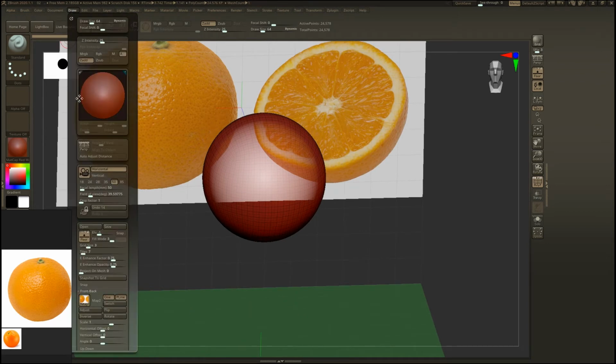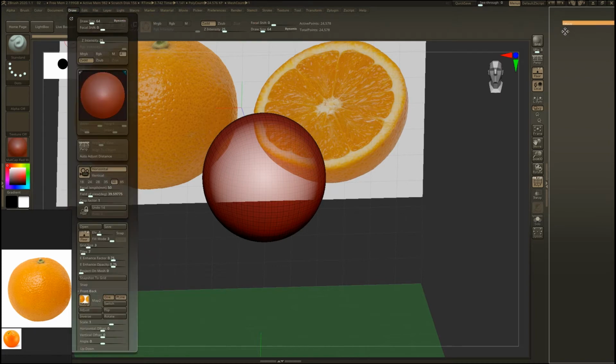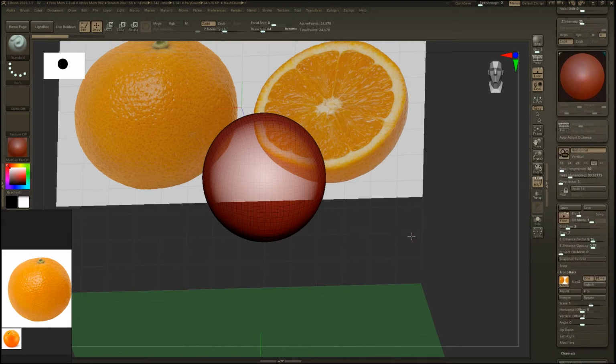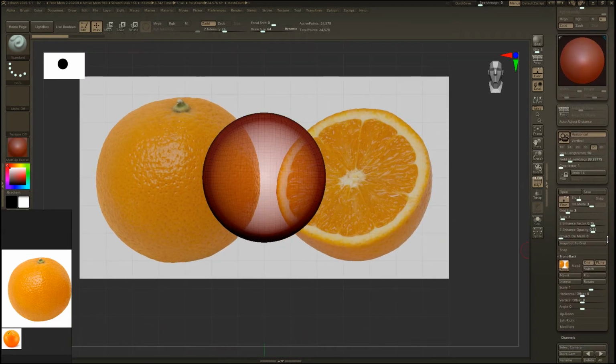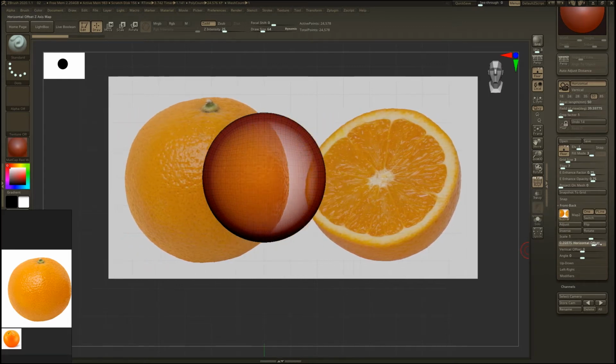Go to the Draw palette. Just moving the Draw palette to the side. Select the map that you want to edit and manage it with horizontal offset.